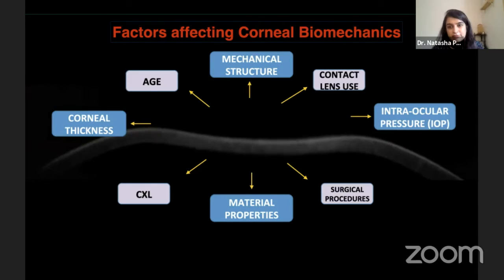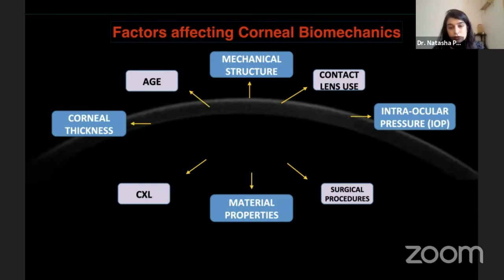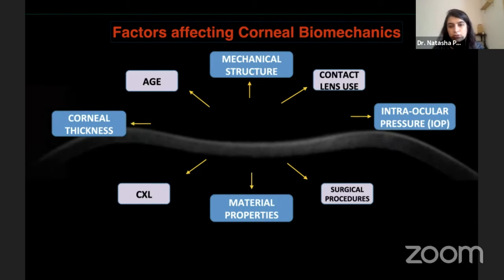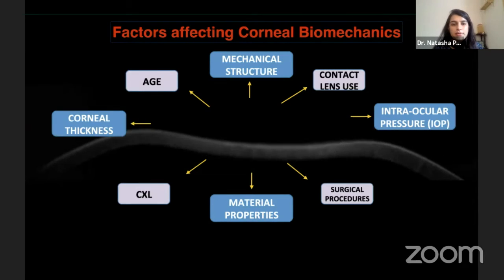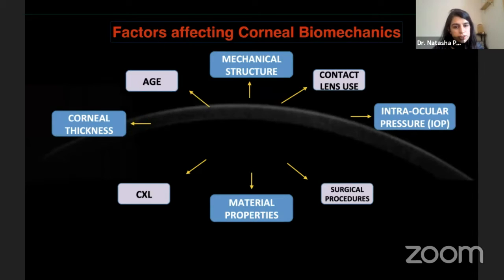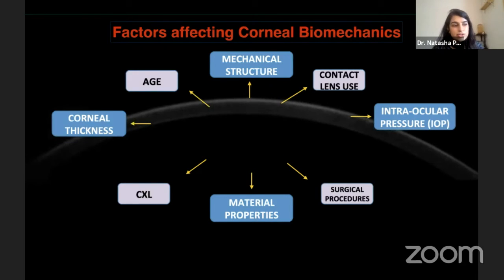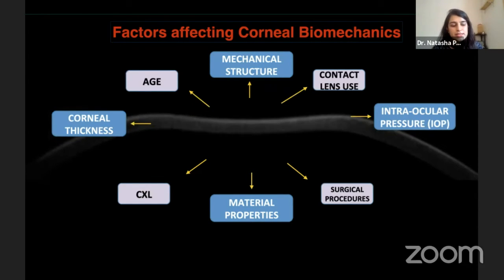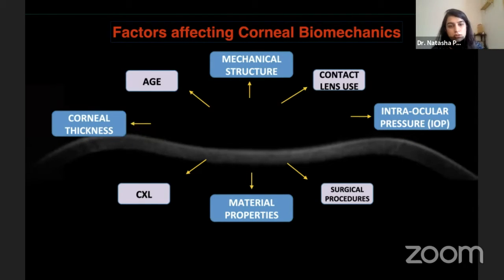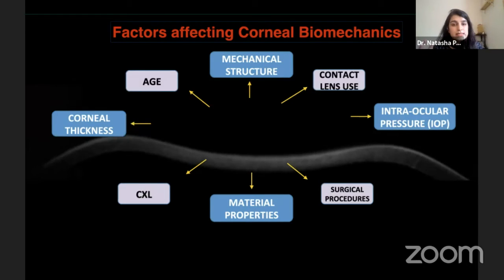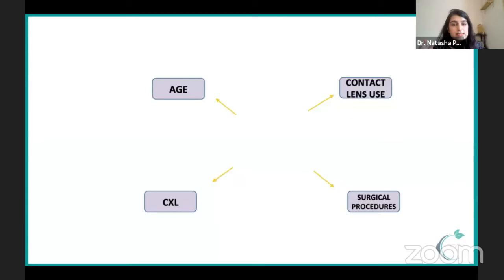Now, what are the factors that affect corneal biomechanics? Most importantly, corneal collagen cross-linking also affects the strength of the cornea, which essentially says that after cross-linking, the cornea becomes slightly stiffer, which is the intention of cross-linking. Another important factor is age, which is why the ectasia risk scoring system also considers age. Corneal biomechanics becomes stronger, or the cornea becomes stiffer, with age. These are factors which are already compensated for, including a factor that compensates for the age of the patient.